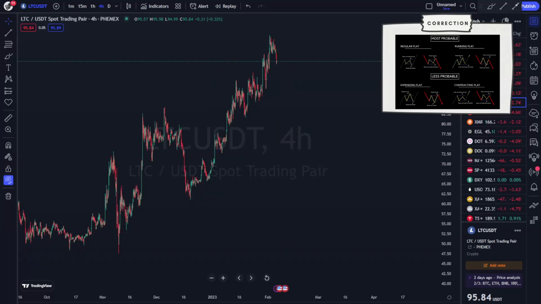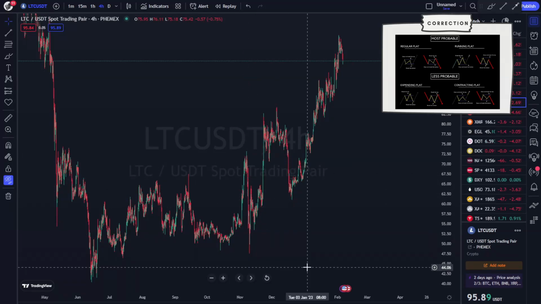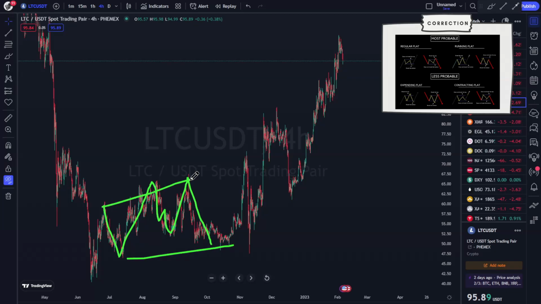But if it happened, I would like to have an explanation for this move, which, to me, doesn't make sense unless it's a running flat right there. But even that, this is too impulsive to be a B wave, seeing it right there. So basically, this one could be one of those that you don't have in the top right corner. You could have this running flat right there, then an up move, break the top, then a drop, up move, drop, which is a running flat,